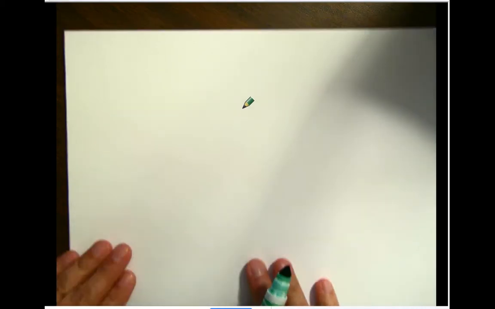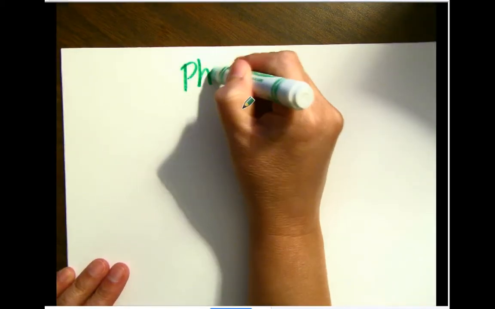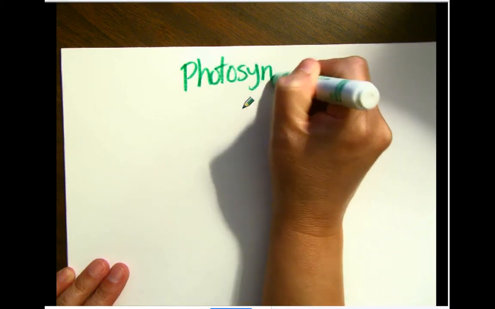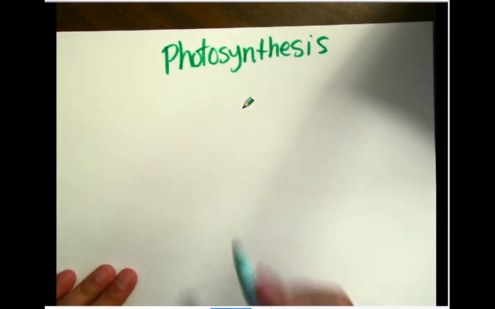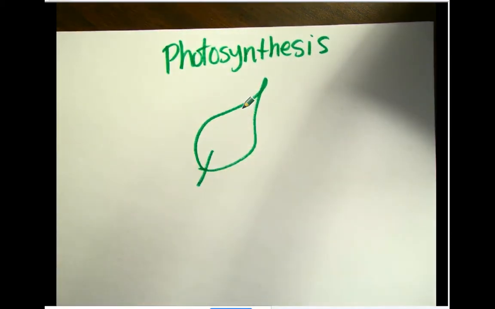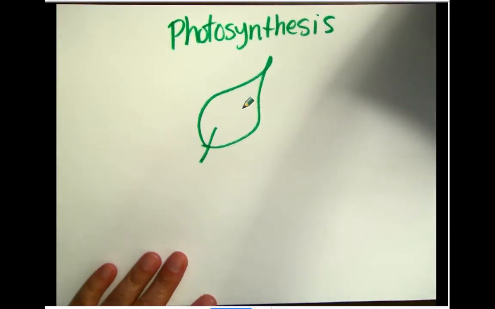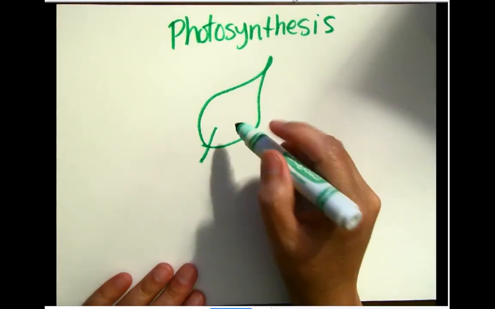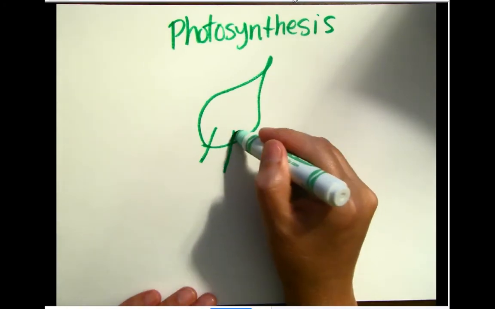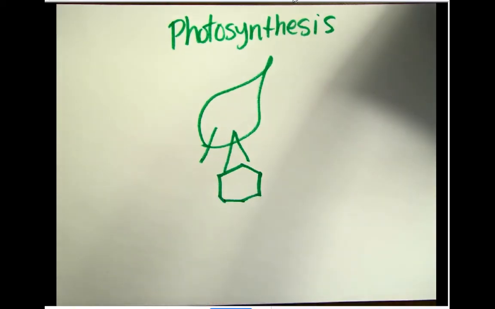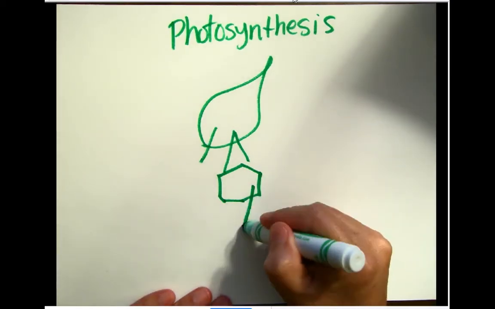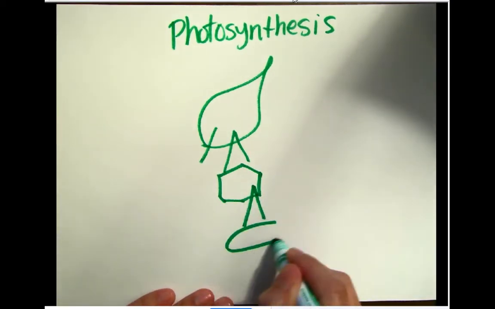Okay, so after that quick video, now let's do a little drawing here, a little sketch. We're going to title it Photosynthesis. And I want you to draw a leaf in the middle. And we're going to kind of zoom in. This is going to be a plant cell. You notice how angular it is. And we're going to zoom in even more on a chloroplast.